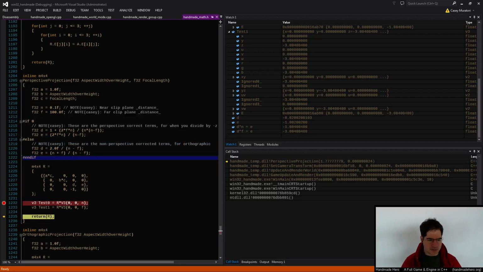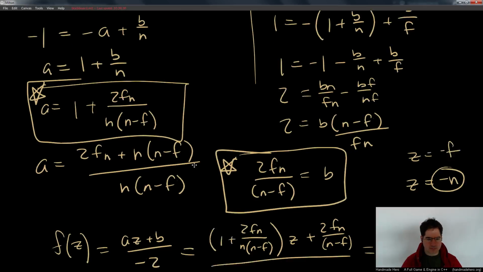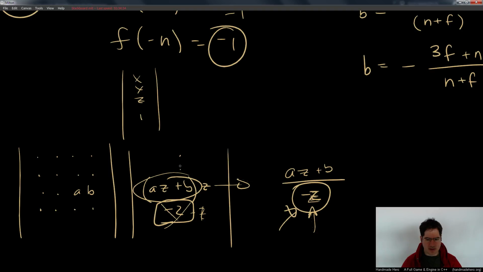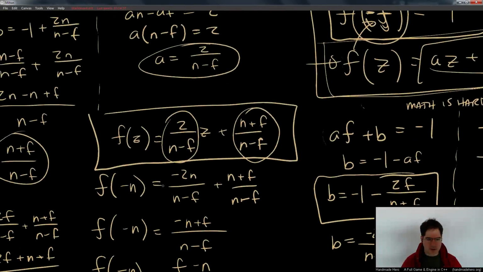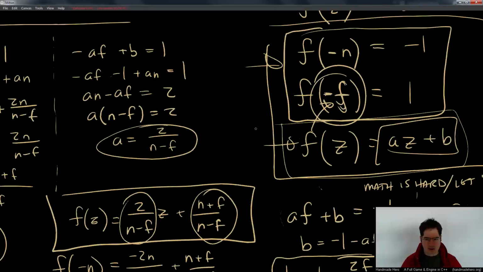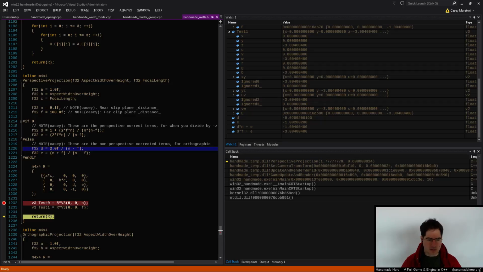I would like to know why the non-perspective corrected ones aren't working either. So here's what we typed in, right? And let's just verify that it's what we expected, because we did this math out. We said, yeah, here we go. So we did all this math here based on those equations, and we came up with what we typed in here,